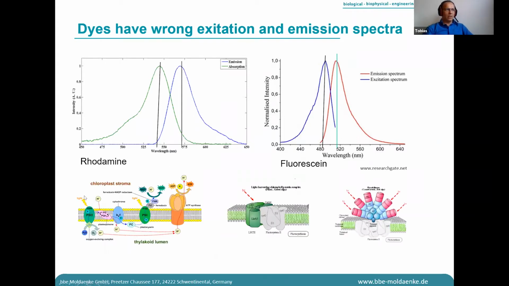And the reason for that is that you have a very complex system in the cell membranes. For example, here you have chloroplasma, you get different areas where the light gets absorbed, and you have also some pigments like phycoerythrin and phycocyanin, which are from the blue-green algae. And that's the reason calibration with the real algae is the best option for good data quality. That is what I wanted to tell you about that.